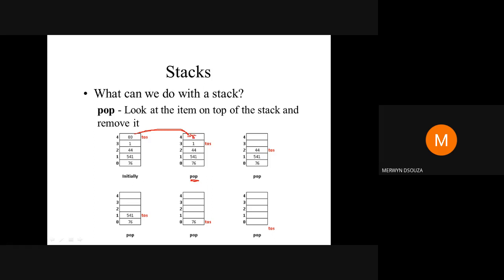80 will remain there unless you do some programming. So what will happen? Only this top of the stack will get decremented. So unless you do some programming, this 80 will remain. We will not consider this as part of the stack. This will not be considered part of the stack.